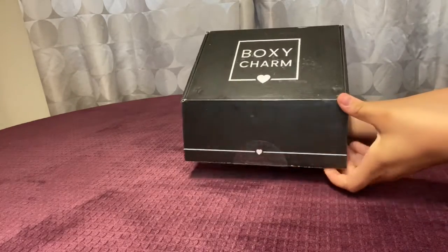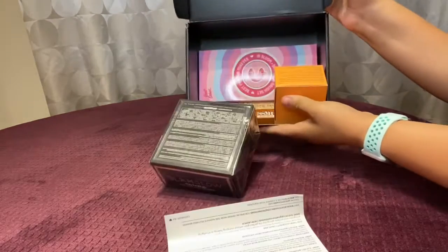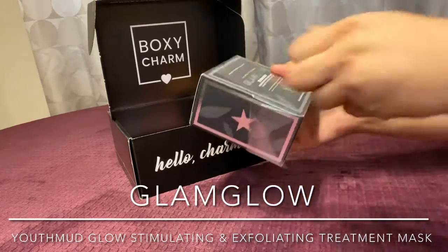I have my September box here. Let's dive right on in. This one, as well as I want to say last month, did not come with the bubble wrap, which kind of surprises me. Now, the first product that I'm going to show you guys is the Glam Glow Youth Mud